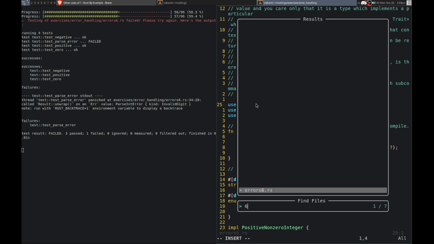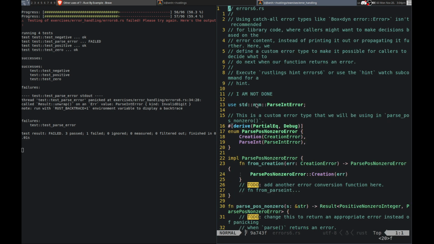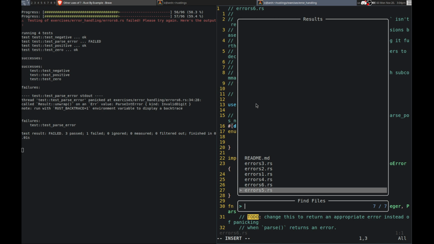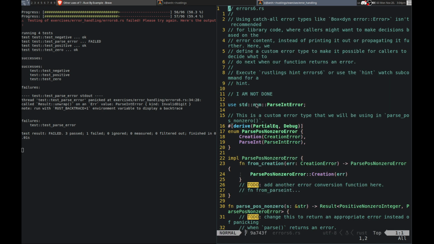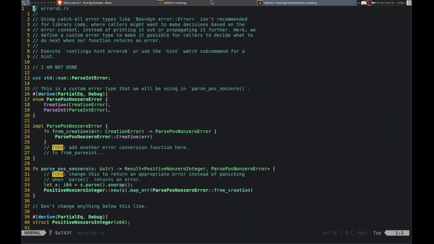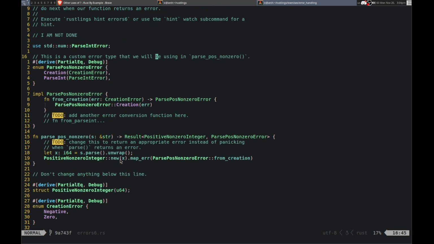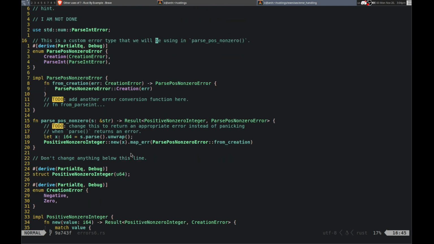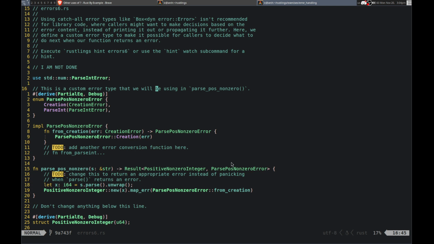So, error 6. Okay. How many more? So I think, alright, this is the last of the errors. Okay. Yeah. So we are almost 60% through. Alright, so add another error conversion function here. Okay. So make a function for from parse int. Okay. Custom error type that we'll be using in parse positive non-zero. Okay. So that's in here. So